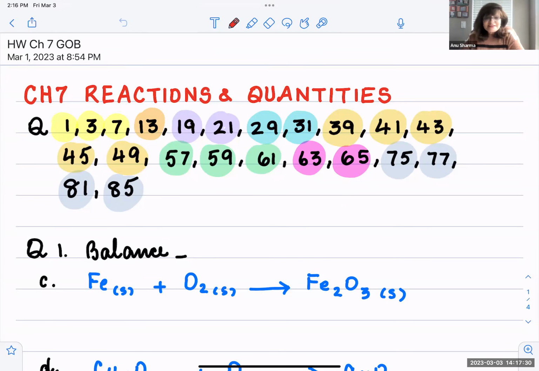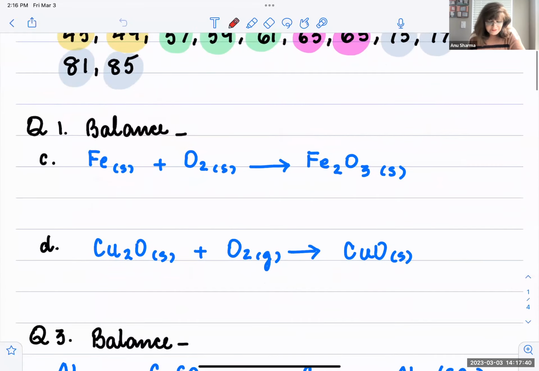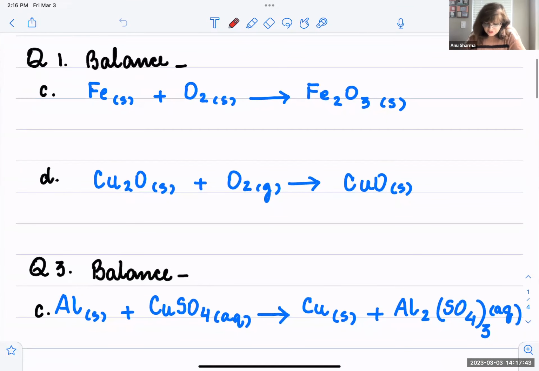Hi guys. So in this video, we are going to do the homework questions 1, 3, 7, and 13. These relate to balancing the equations and classification of the balanced reactions. So first of all, balancing question number 1 here, I'm just using a few of the subparts, but